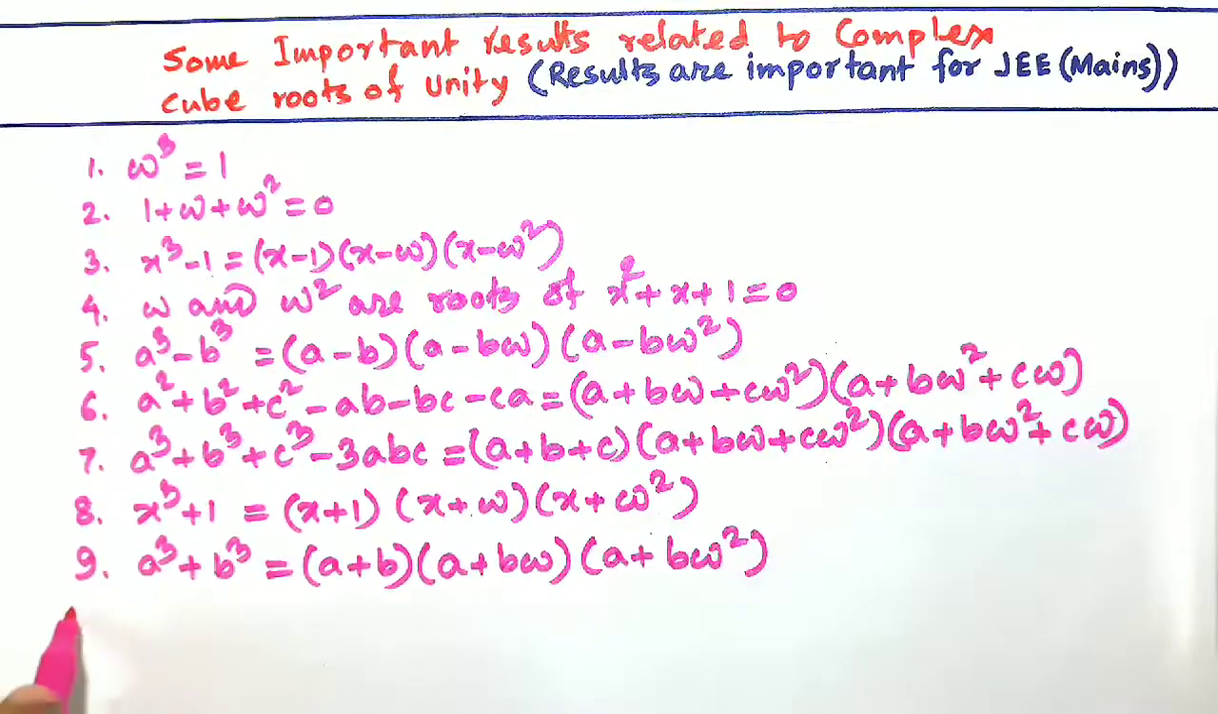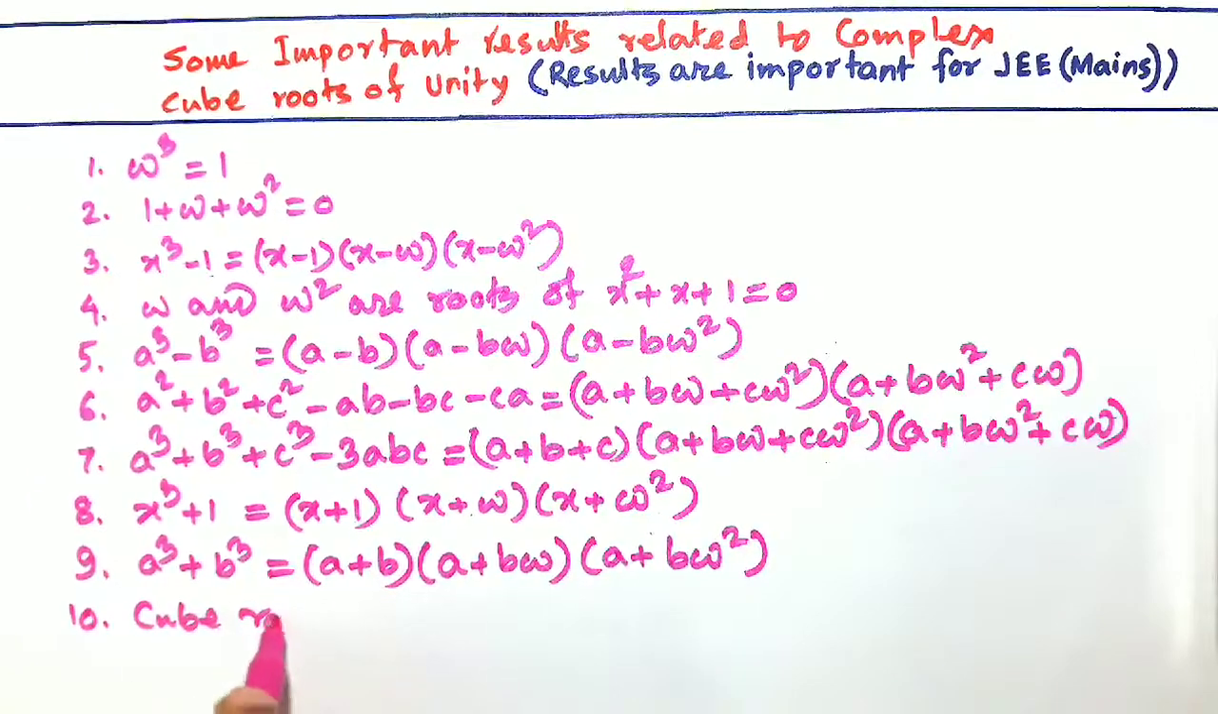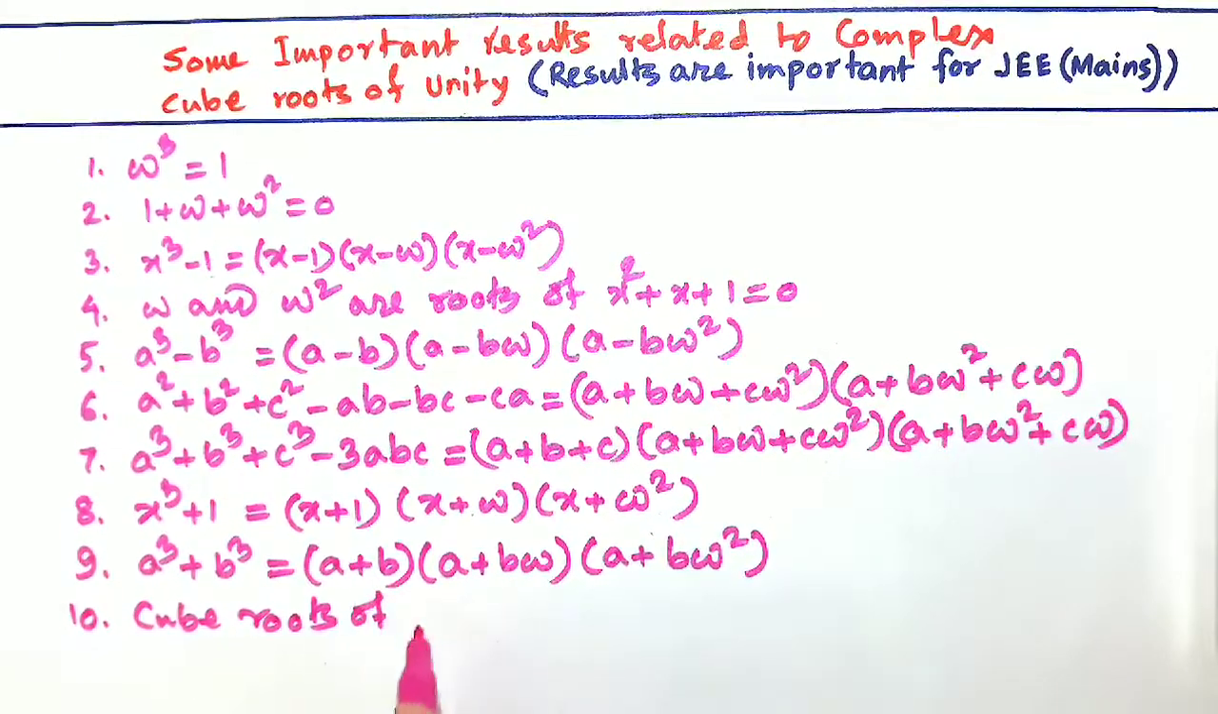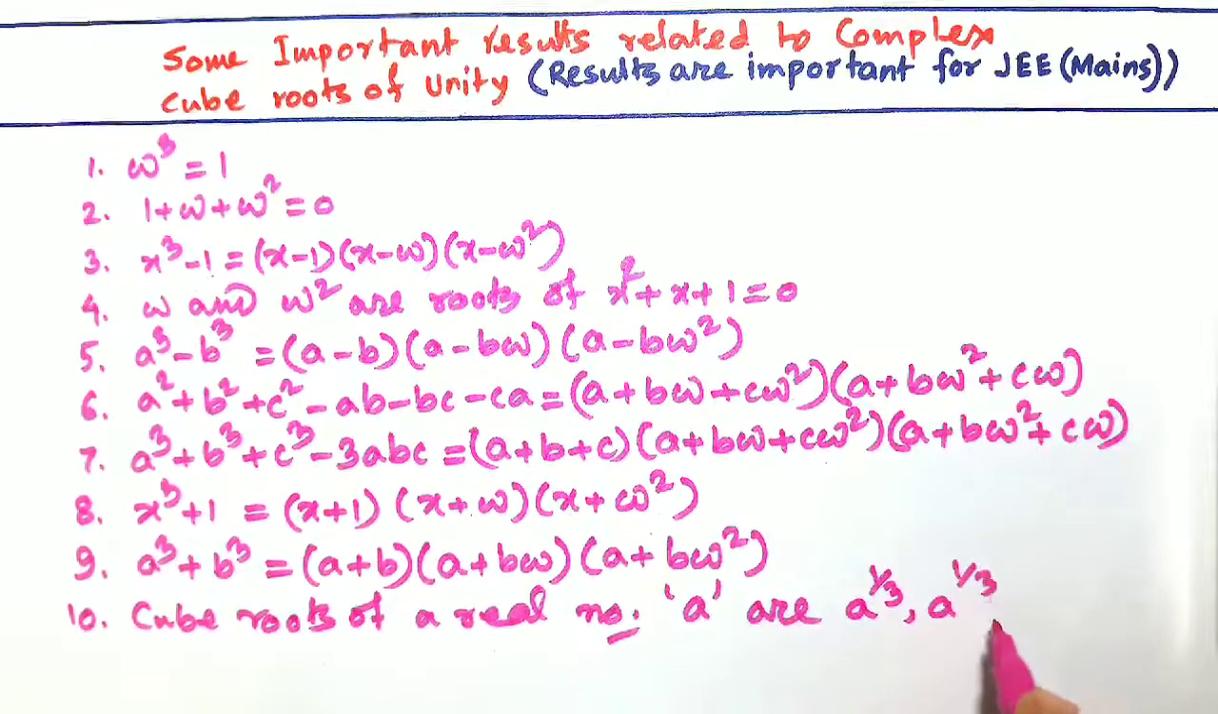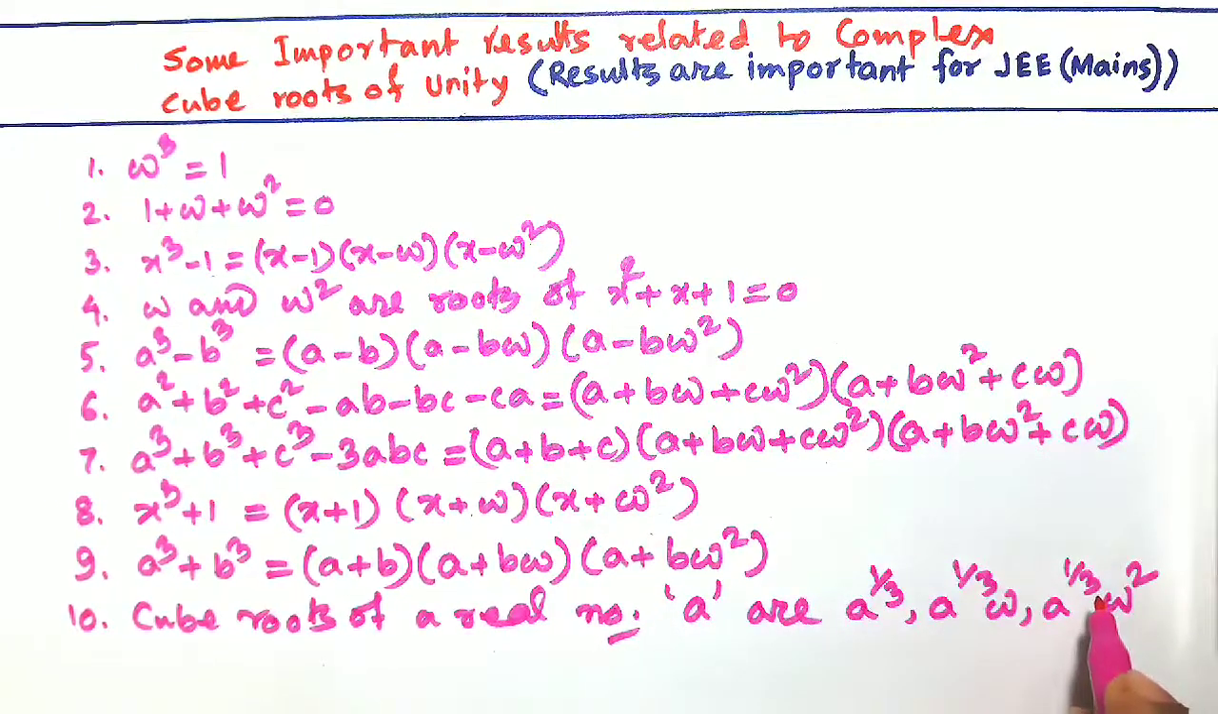Friends, 10th one is most important. Cube roots of a real number, say a, are respectively a to the power 1/3, a to the power 1/3 omega, a to the power 1/3 omega square. So to obtain the cube roots of a, we can write x cube is equal to a as